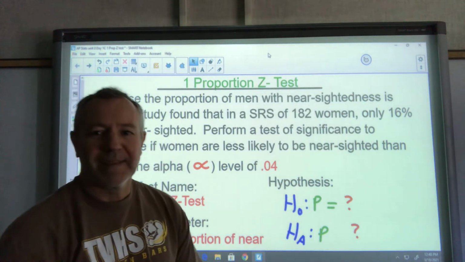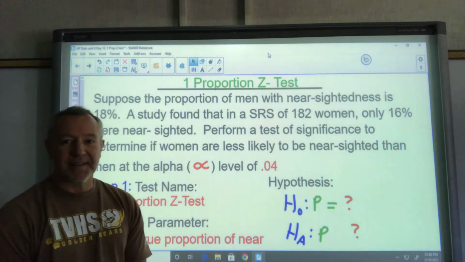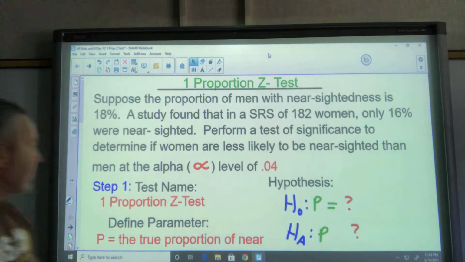All right, hello everybody. We're doing AP Statistics here, and we are doing a one proportion z-test today. We have our problem here. Suppose the proportion of men with nearsightedness is 18%. A study found that in a simple random sample of 182 women, only 16% were nearsighted. Perform a test of significance, that means a hypothesis test, to determine if women are less likely to be nearsighted